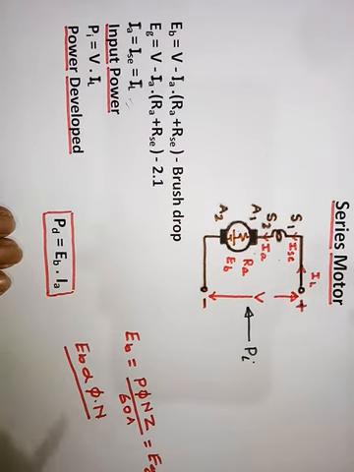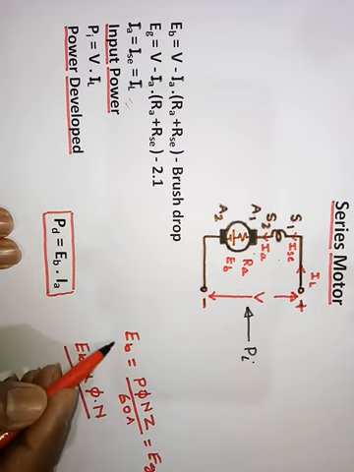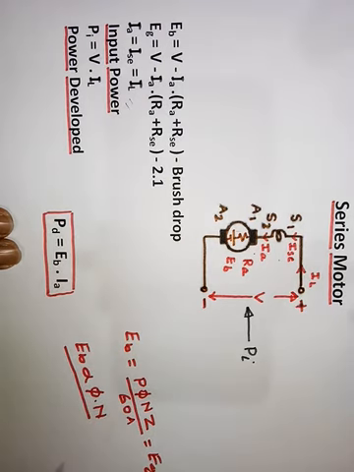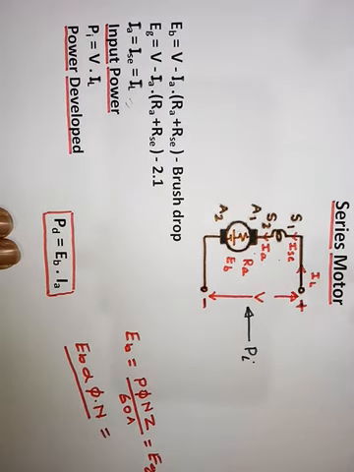Clear? Now in the examinations, we know very well what is the induced voltage in the armature circuit, that is EB. EB will be equal to P phi N Z upon 60A. This is the generated voltage. Clear? Now the EB is directly proportional to which one? Phi into N. So with the help of this expression, the question asked in the end semester examination is how much voltage is induced in the armature circuit, and it depends upon the speed of the armature. तो आप यहाँ से किसी पर्टिकुलर बैक EMF पे उसकी स्पीड कैलकुलेट कर सकते हैं. ठीक है?